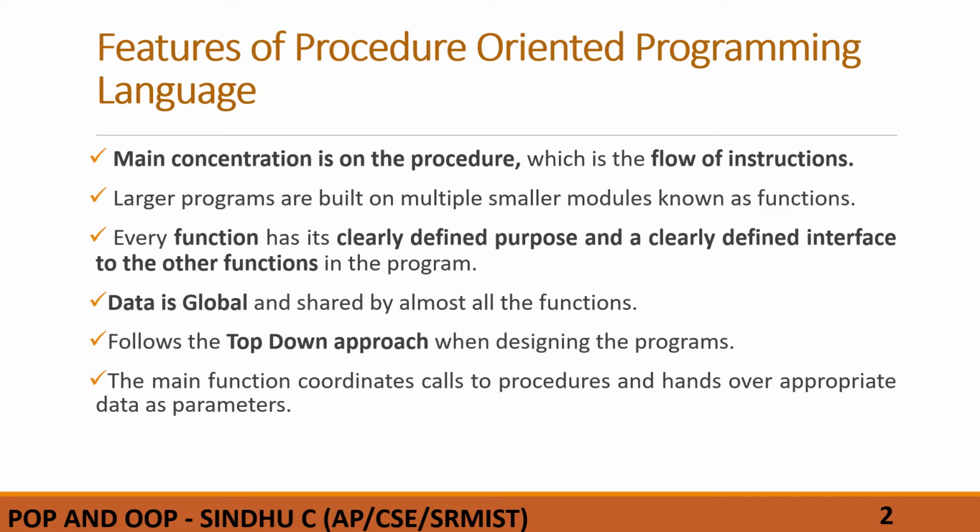Now, generally, procedural-oriented programming languages follow a top-down approach. For example, take the C language. Generally, we are used to writing the main function first, then we have the submodules, that is the various other functions which are written after it. The execution starts from the main function and all the smaller functions will be called from the main function or some other function, and the flow of the control comes back to the main function when that particular function is done. That is why we call it top-down approach.